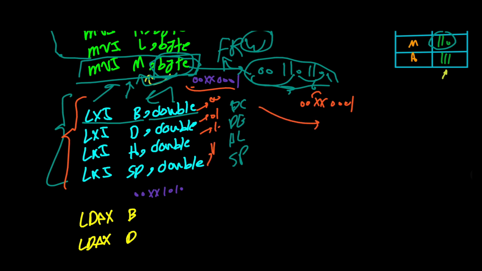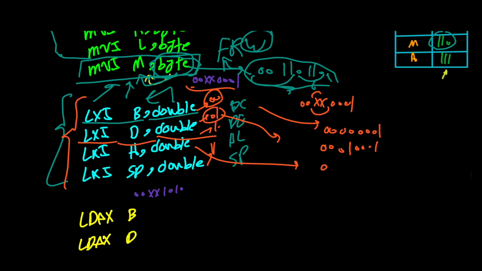So the opcode for this would be 000001, and the 2 bits would be 00. The next one is 01. LXI D, the opcode for it would be 000001 is common, and the XX would be 01. And then the next one obviously would be 00100001, and lastly we would have 11. In hex this is 01, this would be 11, this would be 21, and this would be 31, the opcodes for all these